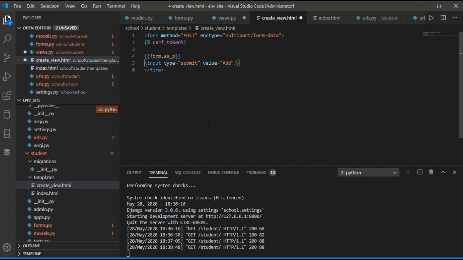We have a new file, create view.html. Now in the create view we have a form.